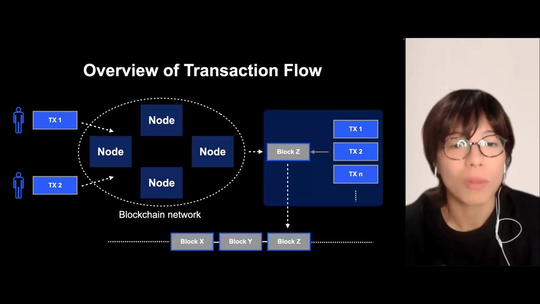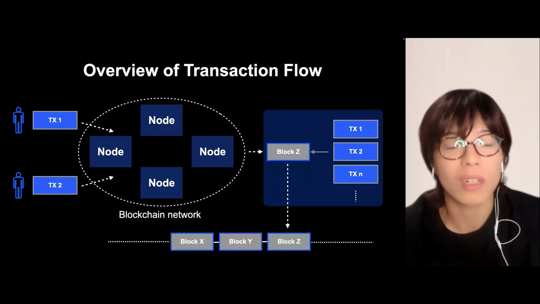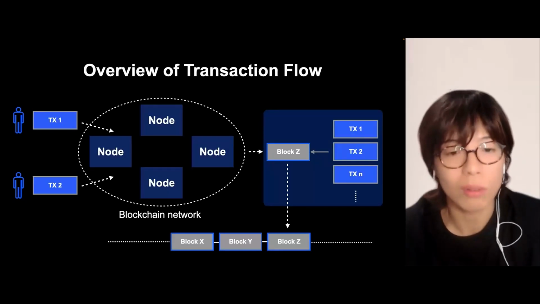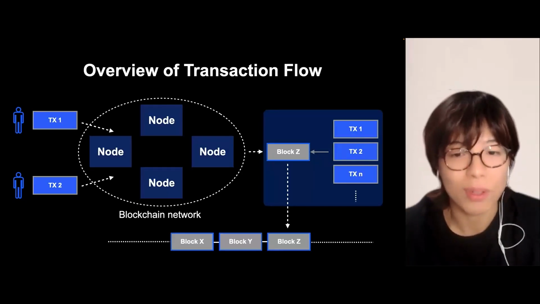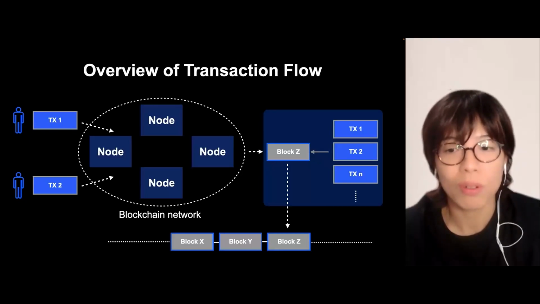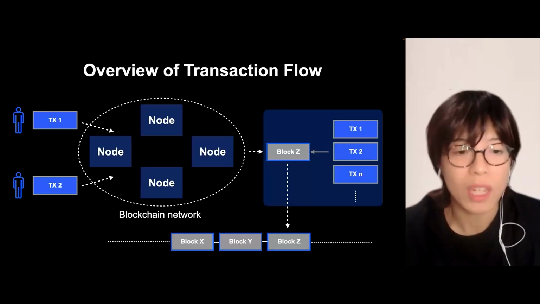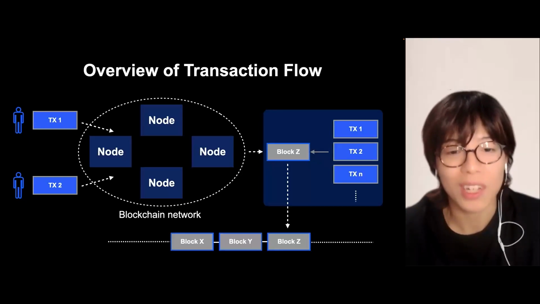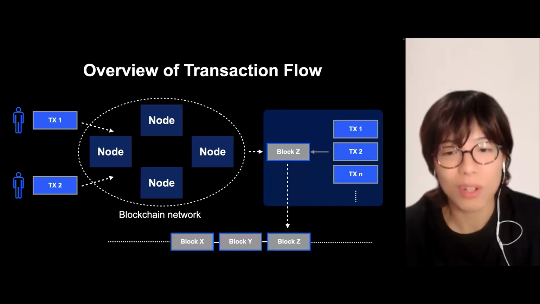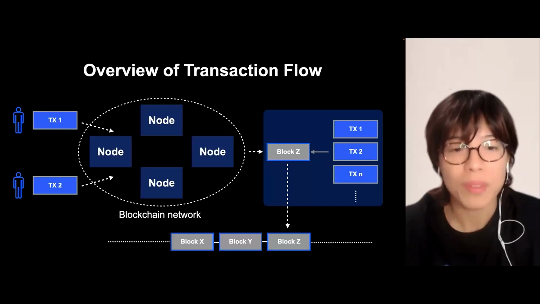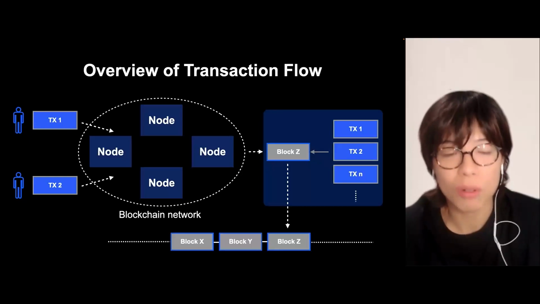There is a transaction generated by a user. How will it be approved in a block? Let's take a look at the flow. The user sends out a transaction, and it is incorporated in the node network, and the bulk of the transactions is stored in the block. The block is added to the chain, then the transaction is finalized. So if there is a remittance transaction, it is stored in the block and approved by a unit of block. Then for the first time, it is recorded in the chain and the transaction is finalized.